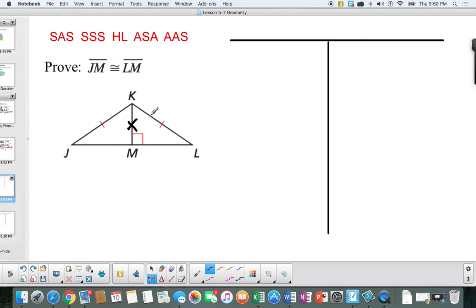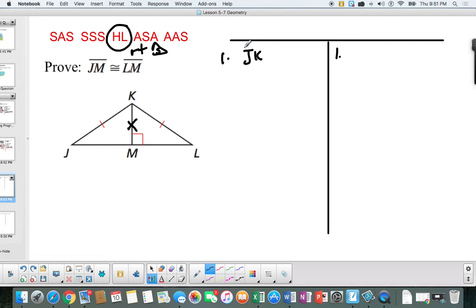So I see a hypotenuse pair and I see a leg pair. So I'm going to try for this one right here, HL. Now remember, HL is for right triangles. So be very careful and make sure you show right triangles. Okay, so step one, I'm going to write that